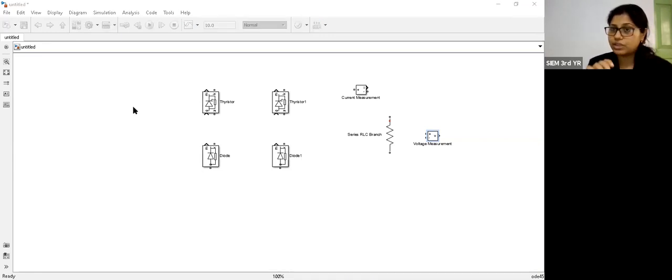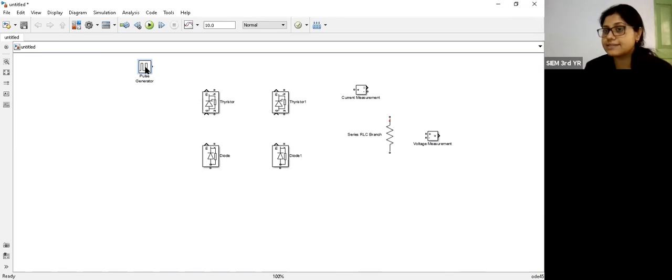So from the commonly used blocks, if you open the Simulink library browser, you can see there is a commonly used blocks section, and then there is signal routing. From signal routing, there is a sink and the source. From that particular source, I'm choosing gate pulse. Okay. So there are two thyristors, and the sequence should be: if we turn on our first thyristor at an angle of 30 degrees, the second thyristor should be turned on at an angle of 210 degrees. So we want to get pulses or a pulse generator. Okay,